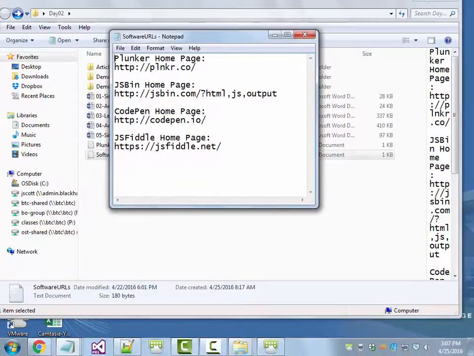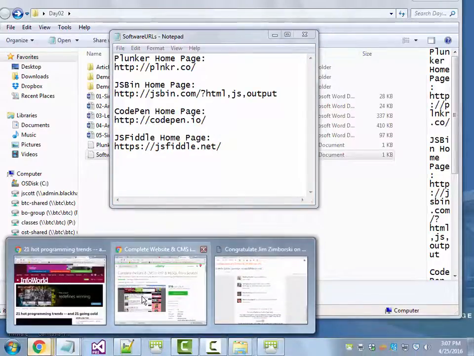Probably at a minimum, you should have heard of jsfiddle.net, codepen.io, jsbin.com, and the one I'm going to go over today, which is plunker.co. All right, and the reason I'm asking you that is if we look over here,